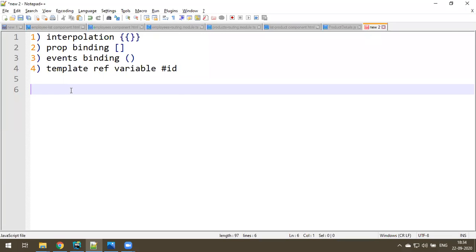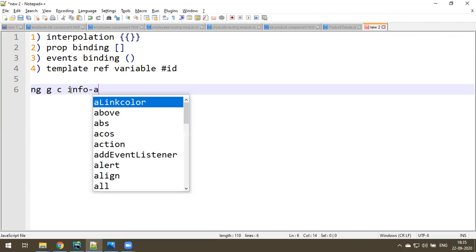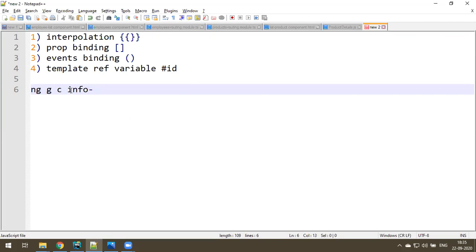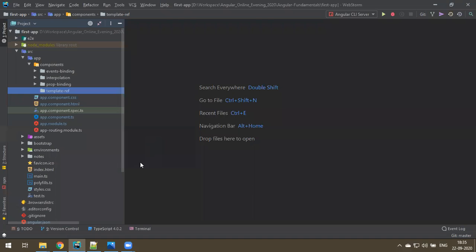The component is, let's say, I'll take msg card, message card, or okay, info card, something. Okay, I don't know what the name is. Okay, info card is my component name. Let me create this and then I'll tell you what this means.